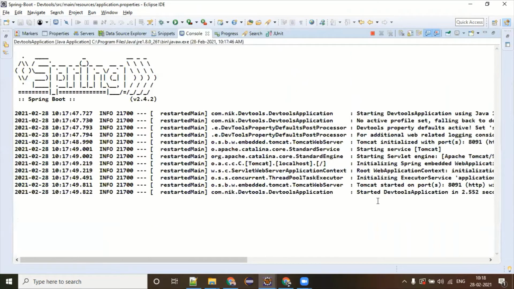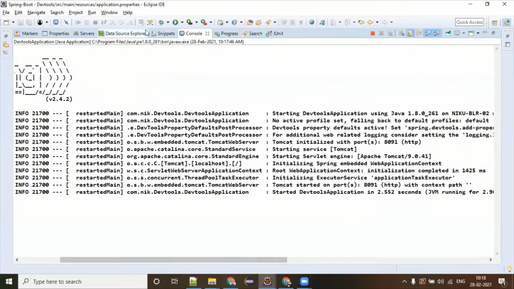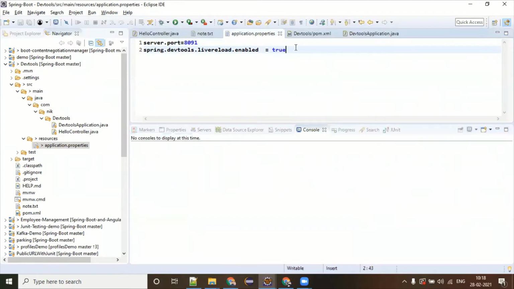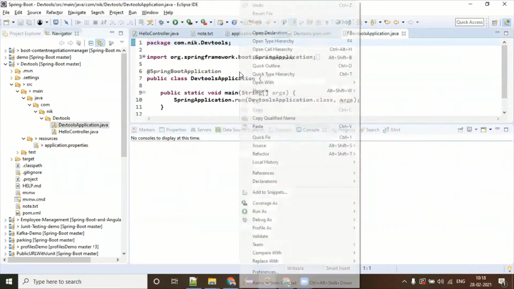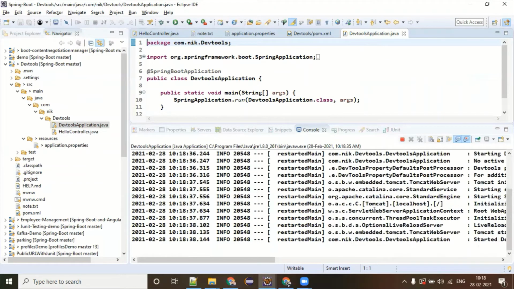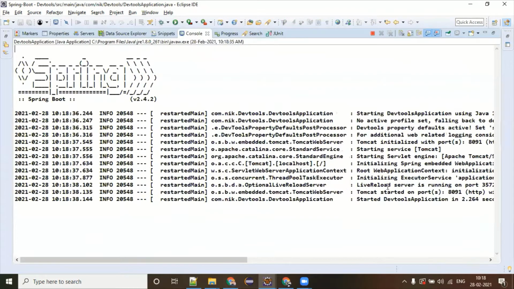But if you look at this application now, it is also having one special server. Where is that? I think we have set to false, right? You're right. This is because of this. Yep. So look at this.